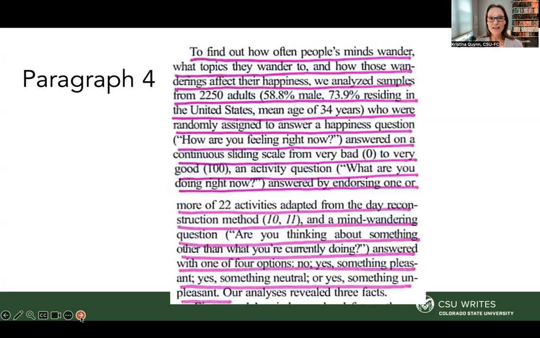Now, yes, and by the way, this is one sentence. I just want to point it out. You can have really long sentences. This one is carefully crafted and it's still readable, but just know that when you have that many lines, if you go beyond 4 or 5 lines, usually your reader starts to feel a little weary.